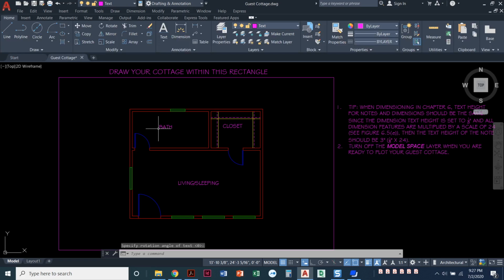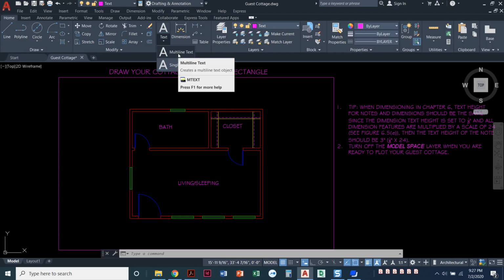So with single line text, I can't do anything fancy. I can't do bullets and numbers and underline and bold or anything like that. It's really basic text, which is all I've got here. But the nice thing is I can just click everywhere I need to go and I don't have to keep restarting the text command. Now I'm going to pull this down and I'm going to do multi-line text for my